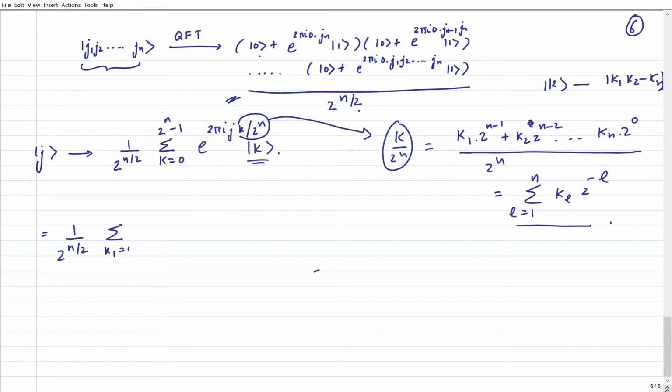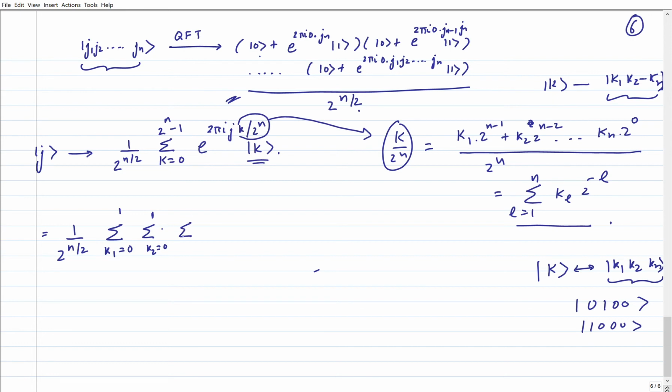K1 going from 0 to 1, K2 going from 0 to 1. So remember, these are K1, K2. So I had this K vector as K1, K2, Kn, and depending upon these, K1 can acquire 0, 1, 0, 0, something like that, or 1, 0, 0, 0, some. So all these Ks, the indices, kl,